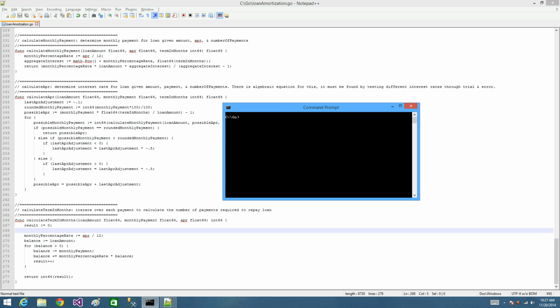Okay, first let me show you how this program works so that you'll understand before I start explaining the code. So I'm going to run the loan amortization program, and I'm going to type in a loan amount. So I'll do 150,000, and I'll type in a start date. So I'll just use today's date, which is November 20th, 2014, and I'll choose to do yearly, and I'm going to do 30 years at 3.5%,